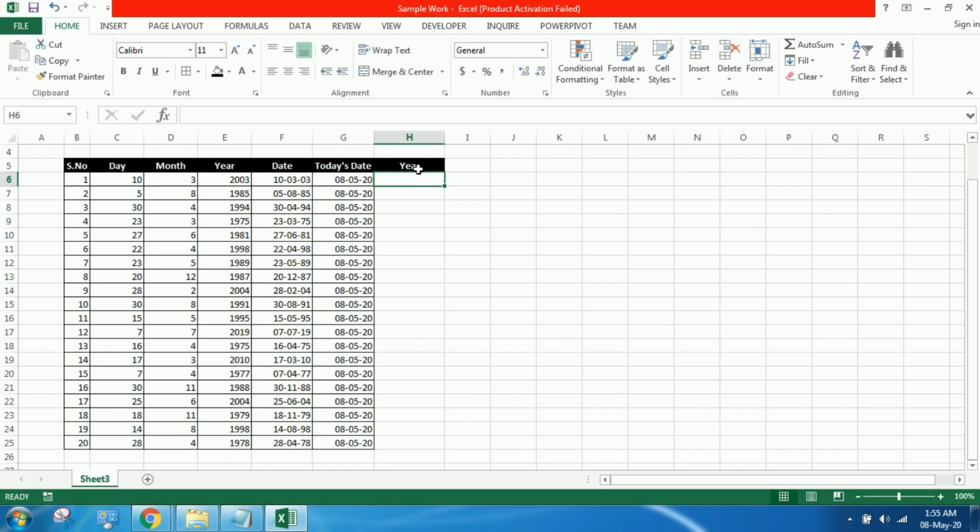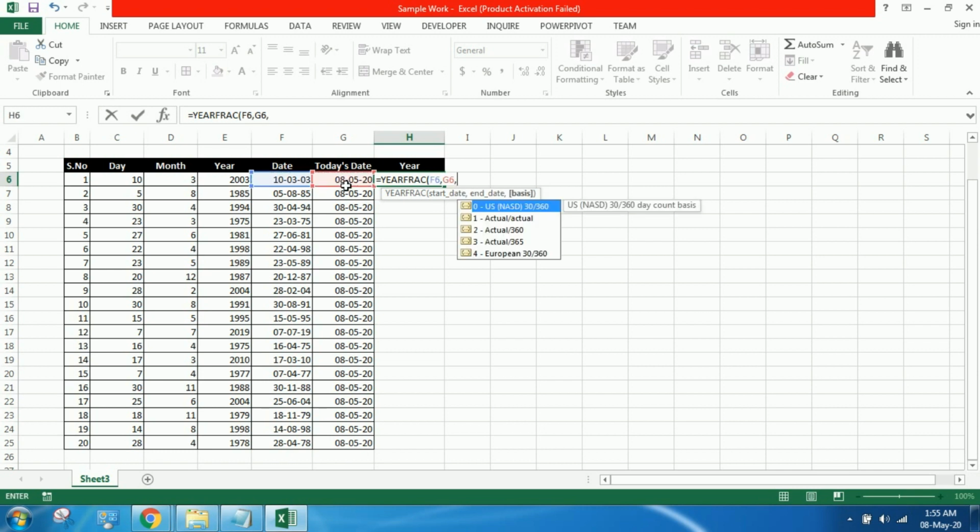So let us find out the age difference between the date in column F and today's date in column G. Equal to YEARFRAC, bracket, start date, today's date, and basis, which means what do you want to get, the actual age difference between these two dates. So let's use actual, 1.